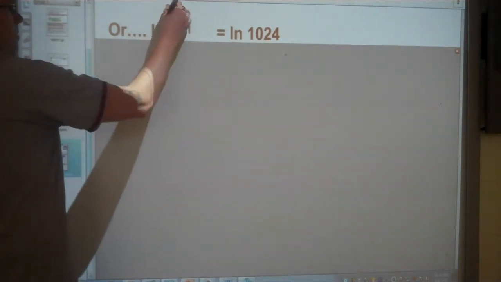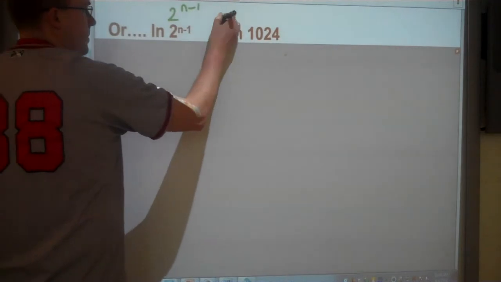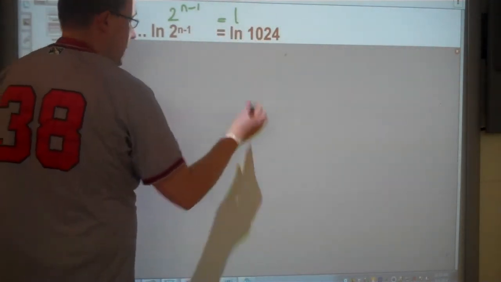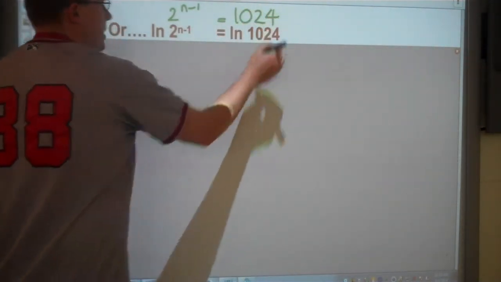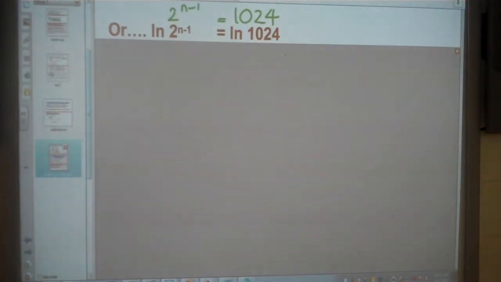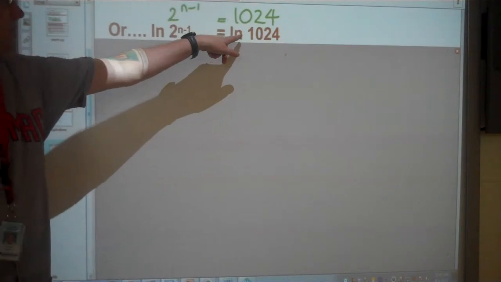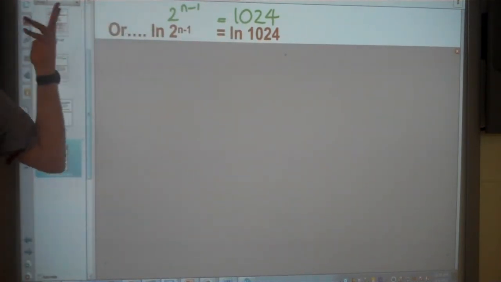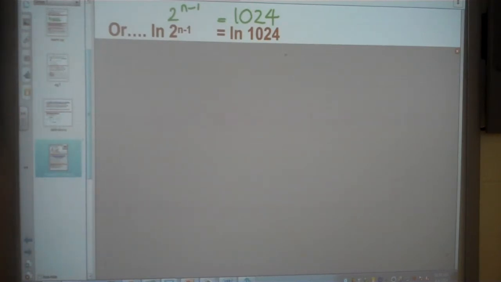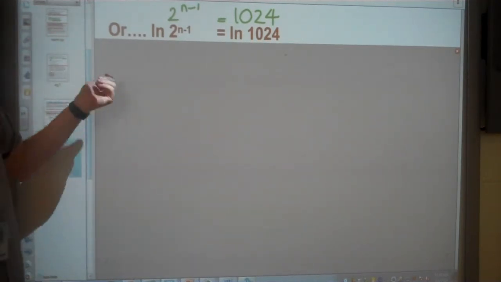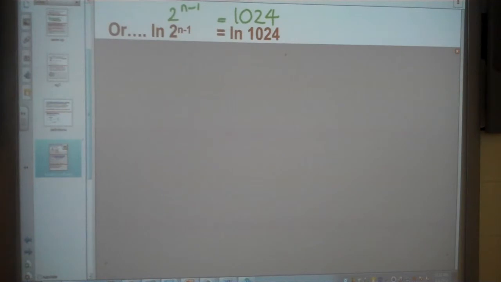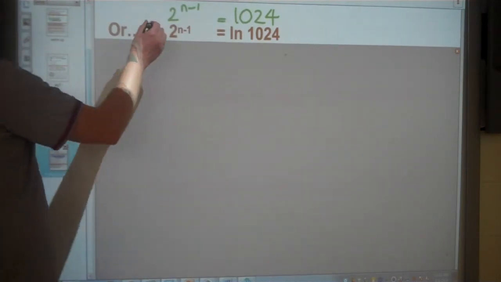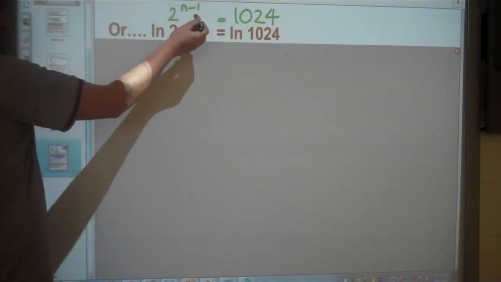When you have an equation where the variable is the exponent, then you can solve this by using logs. Now, there's two choices for logs. We can use the log button, or we can use the natural log button, which is the ln part. I choose to write the ln just because it's quicker to write than log, but that's not particularly a good reason. Now, the reason we take logs is there were 3 rules of logs that we also learned in Algebra 1. One of them was, if we have the log of something raised to a power, we can bring the